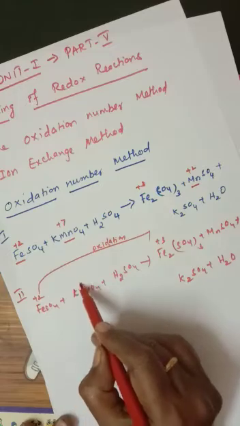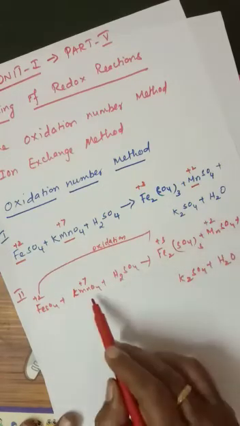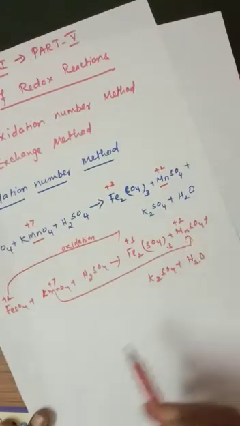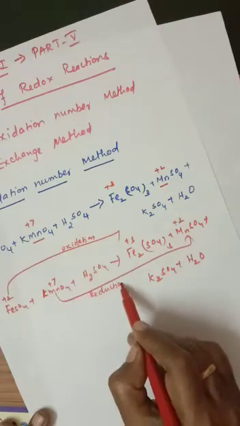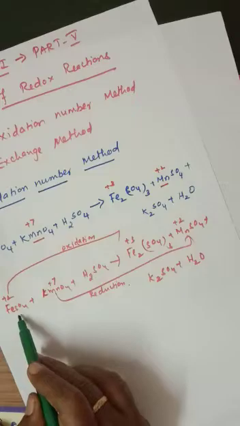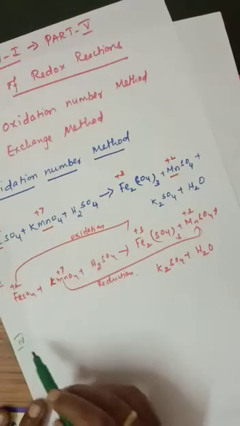So see here plus 7 oxidation number, it becomes plus 2. What happened here? Decreased. So oxidation number decreased means here the reduction takes place. This is the second step. And what will be the third step? Now we are going to see here plus 2 oxidation number. How many variation of electrons? So third step we are going to see